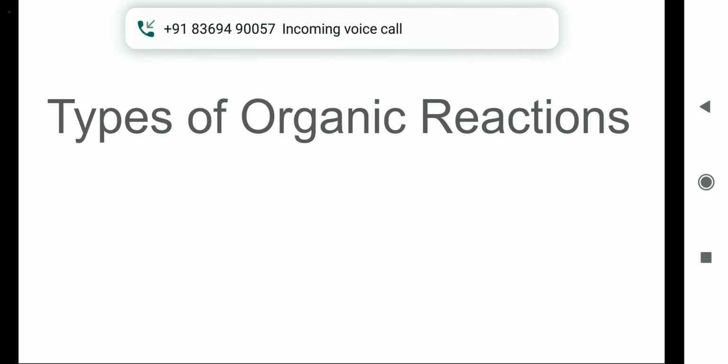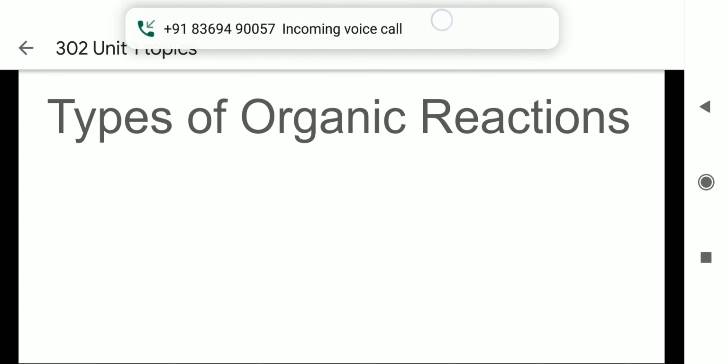Then we come to the substitution reaction. Substitution reaction involves swapping of two parts of a reactant to give us